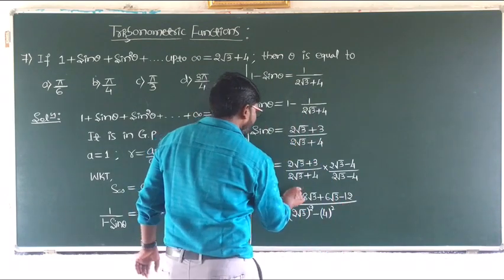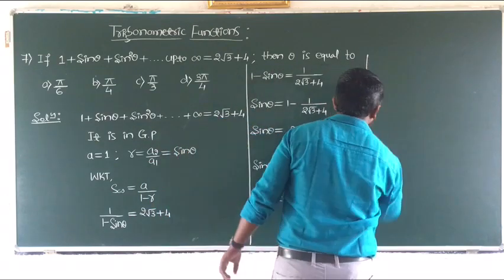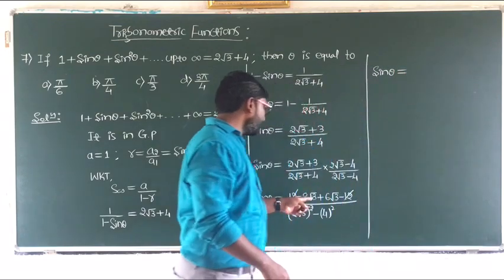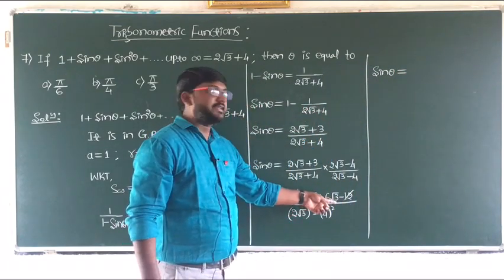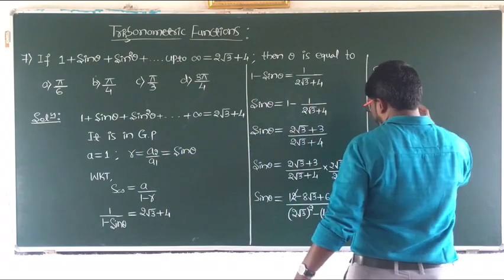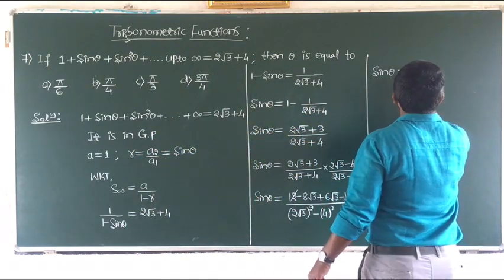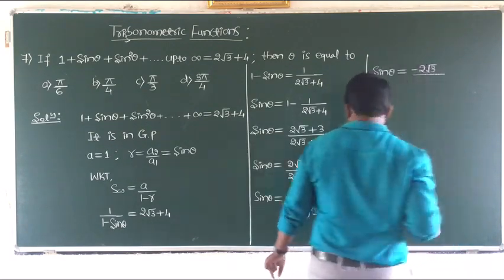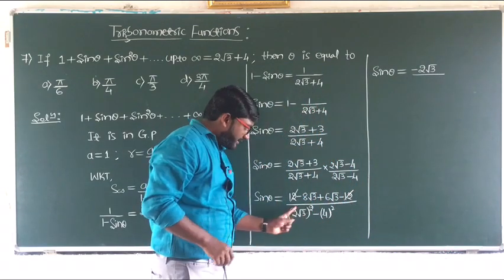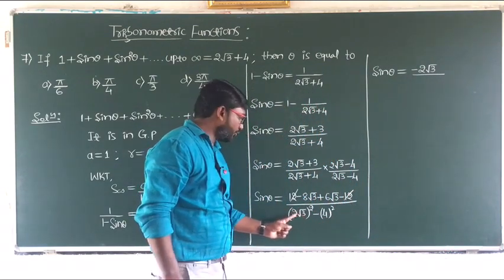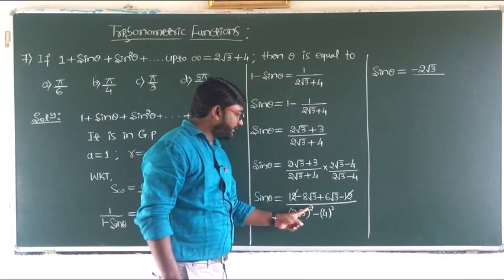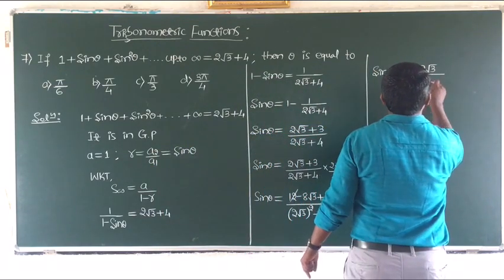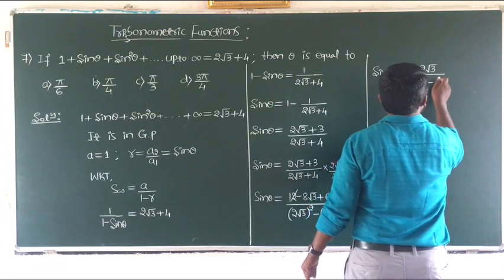So now here plus 12 and minus 12 get cancelled. Sin theta is equal to minus 8 root 3 plus 6 root 3, so we get minus 2 times root 3, divided by, here the square applies to the first term as well as to the second term. 2 square will be 4, and square and root get cancelled, we get only 3. So 4 into 3 is 12. 12 minus 4 square will be 16.